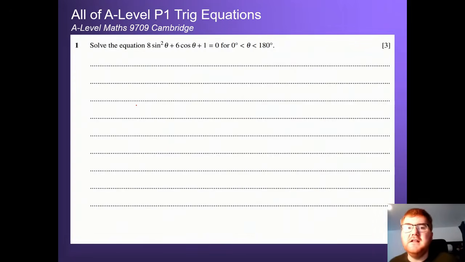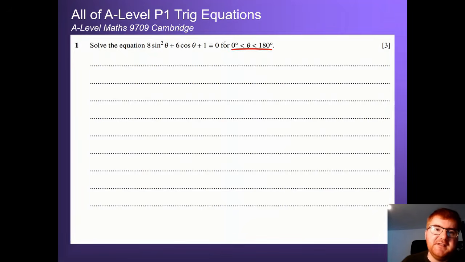Okay, and on to another style of question here. All we need to do here is solve the equation, this time working with degrees. As soon as I see a mixture of sines and cosines, I'm going to use this idea of sine squared theta, it's always equal to 1 minus cos squared theta. So I'm going to substitute that in,